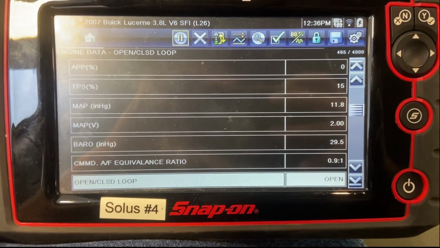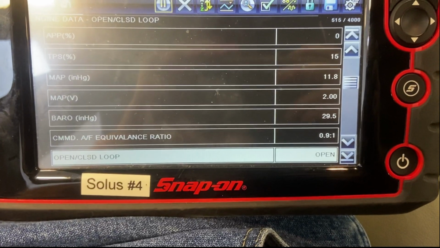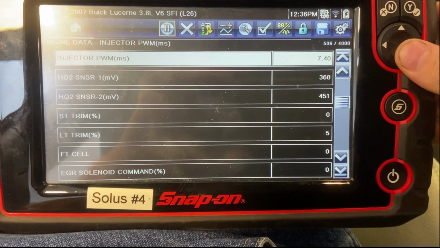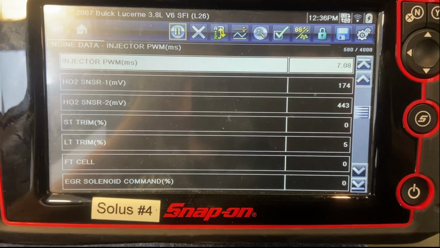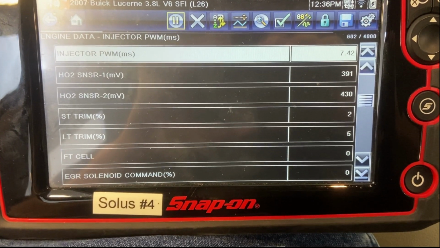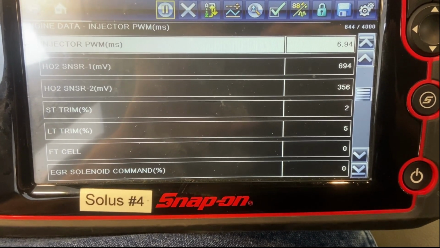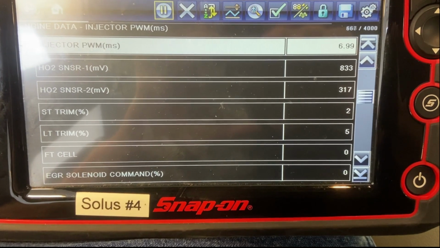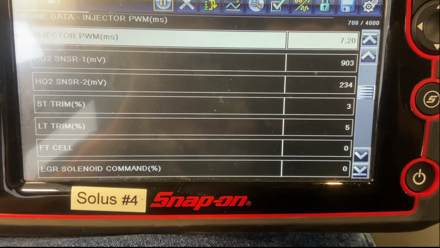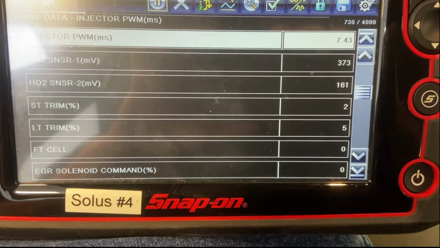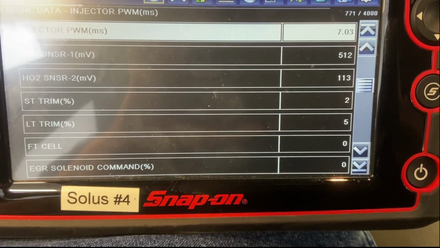Here we can see on the scan tool for the Buick Lucerne that the vehicle just started is still in open loop. And we can see our data coming in from our upstream and our downstream O2 sensors. As you can see, around 0.6 to 0.8 on the upstream and around 0.2 for the downstream. And then you can see how it's affecting our fuel trims, but in open loop we are still using default values as positive